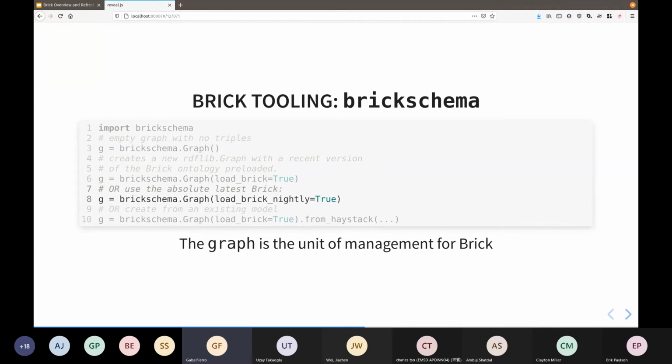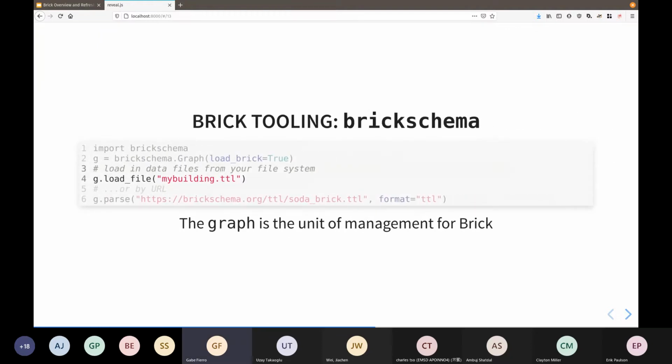We can ask our library to download the absolute latest version of Brick from the Brick website, or we can even create a Brick model from an existing metadata representation. So we have an import function that takes as an argument a JSON export of a Haystack model, and it will do its best to create a Brick model from that.